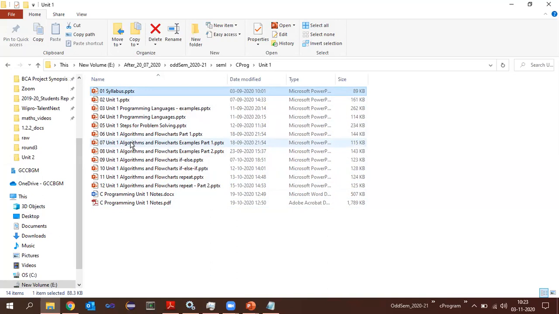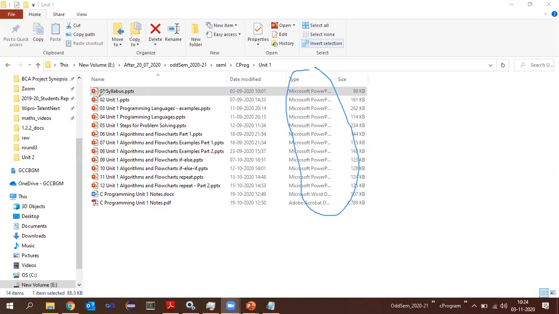That can be understood by just looking at a particular column here. You may see a column here, the type, right? So this says what type the file is. But besides this, there is something called an extension for each of the files.